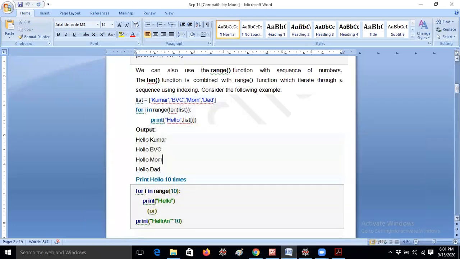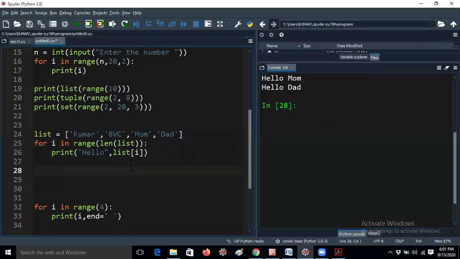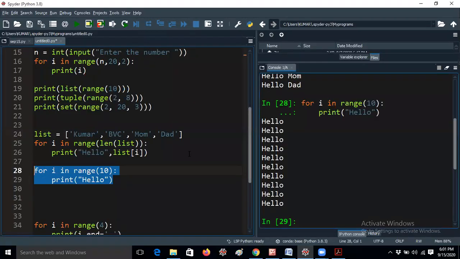So just now I discussed how to print my name 10 times. Some students said you can also use the repetition operator. That's exactly the correct answer. If you would like to print your name 10 times, you just write a line like for i in range of 10: print hello, then you will get hello 10 times. If you'd like to give space, you can give end equal to space.